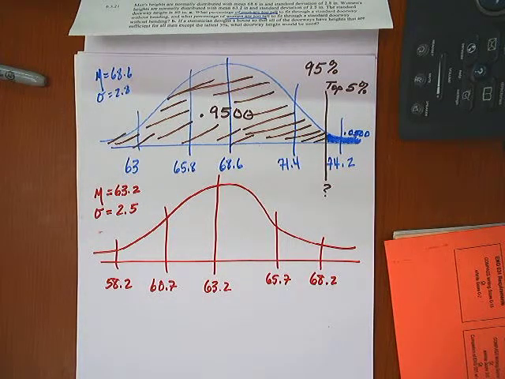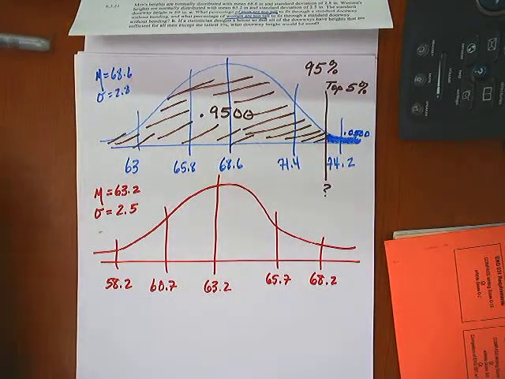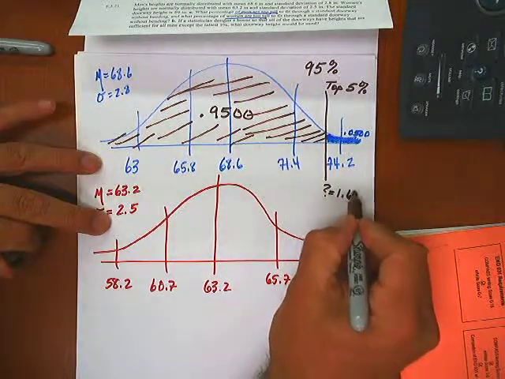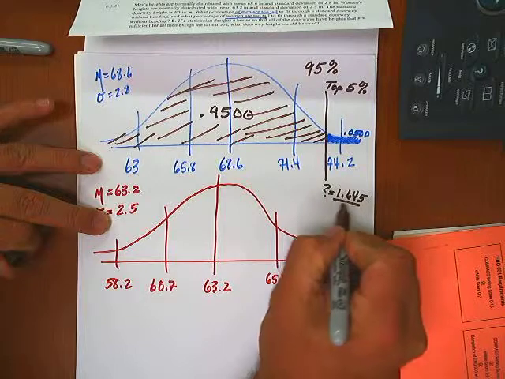And there's a little dot, a little asterisk in there, and it says that when you're between 0.9495 and 0.9505, you need to go with that dot, which is represented by 1.645. So our question mark is equal to